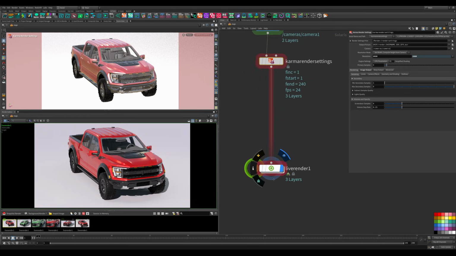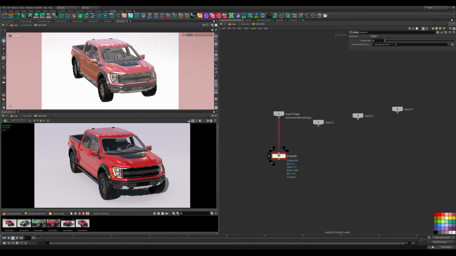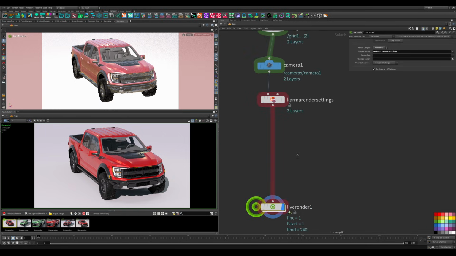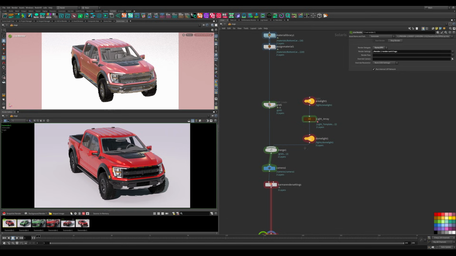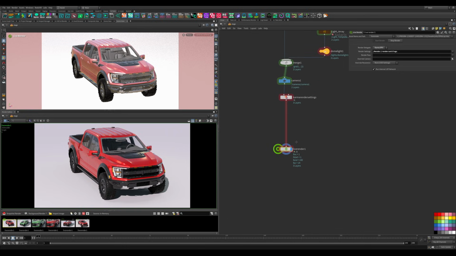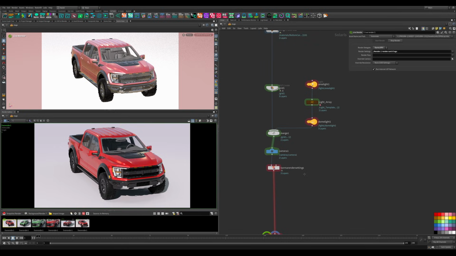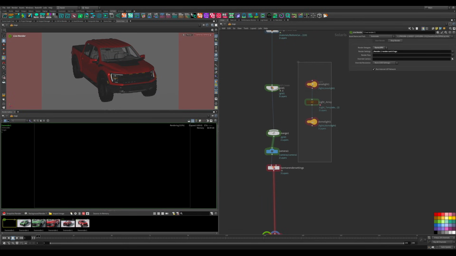So another great thing about the live render node is that if we dive inside, we can use this as a testing ground for lights, for shaders, cameras, different things like that. And the good thing about having it here is that we are not messing up our setup that we already have inside here. So if I wanted to create a different set of lights, we can just duplicate this. So let's cut this out